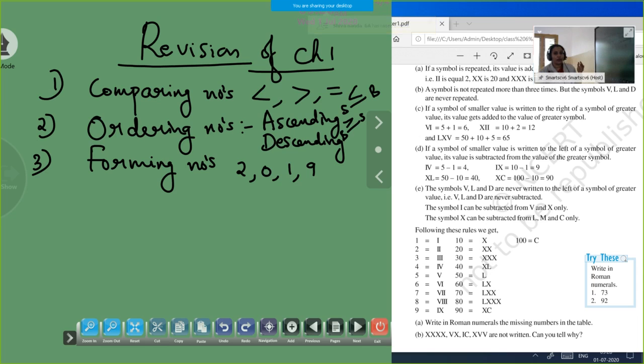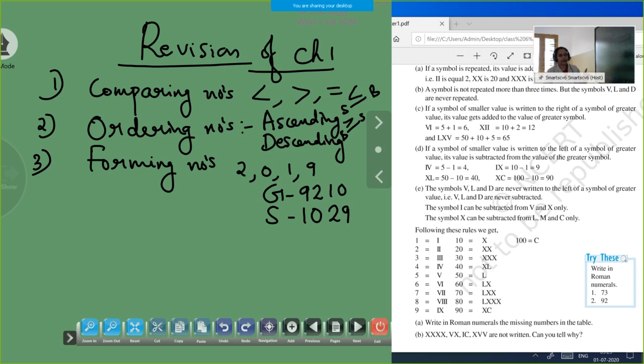Then they will give the digits like this and you have to form the greatest 4-digit number, which means you start with the greatest digit, that is 9, then the next greatest 2, 1, 0. This is the greatest number. Then what is the smallest number? For the smallest number, the teacher told you don't start with 0. Other than 0, start with the smallest digit. Then other than 0, what is the next small digit here? 1, then 0, then 2, 9. Like this we formed the numbers using the given digits.